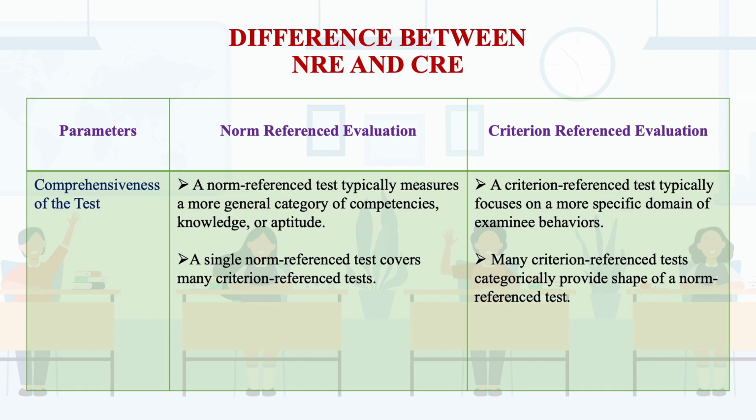It may be from the cognitive domain, from the affective domain, or from the psychomotor domain, because the teacher is directly dealing with the students, and as per the purpose, as per the objective, as per the behavioral pattern that you want to measure, you can design your test. And further, many criterion reference tests categorically provide the shape of a norm reference test. So criterion reference tests are included in a norm reference test, whereas a norm reference test includes few criterion reference tests. Let us go forward